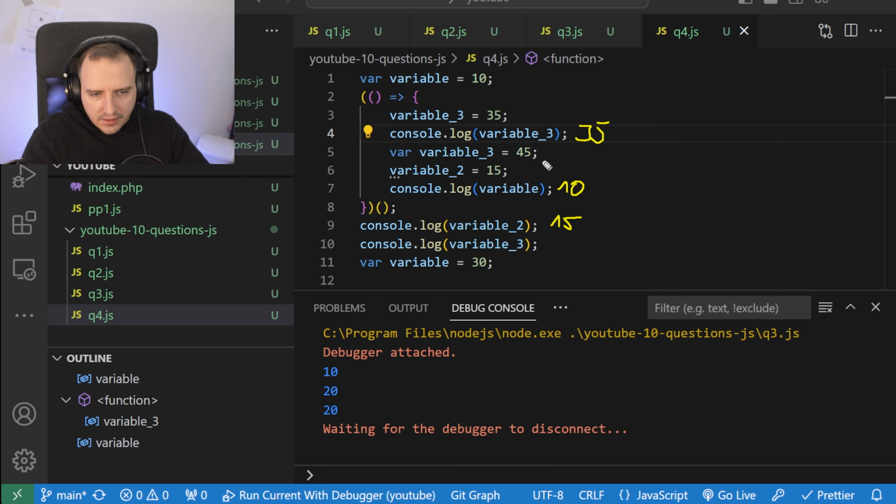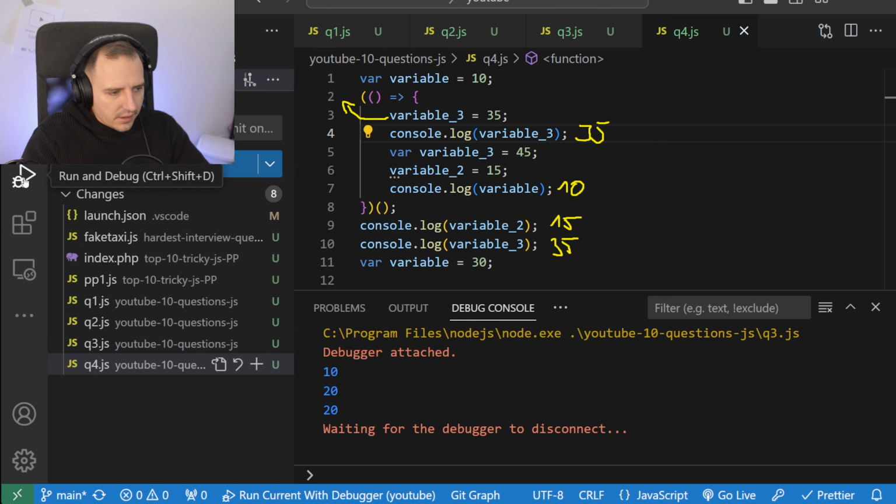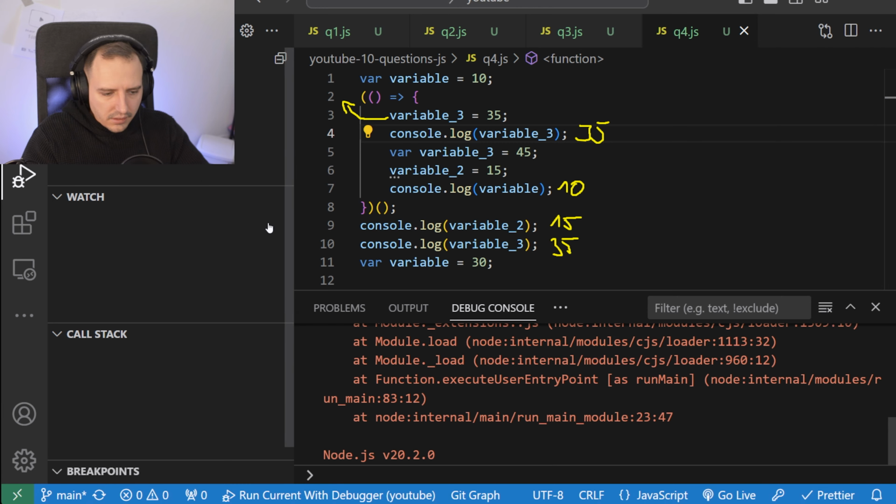But then again, this is a local variable. This goes into the global scope. This is also available here. And we haven't declared a var here, so there's no change. So that means this is going to be still 35, right? This is how it should be. So 35, 10, 15, 35. And let's just run it.